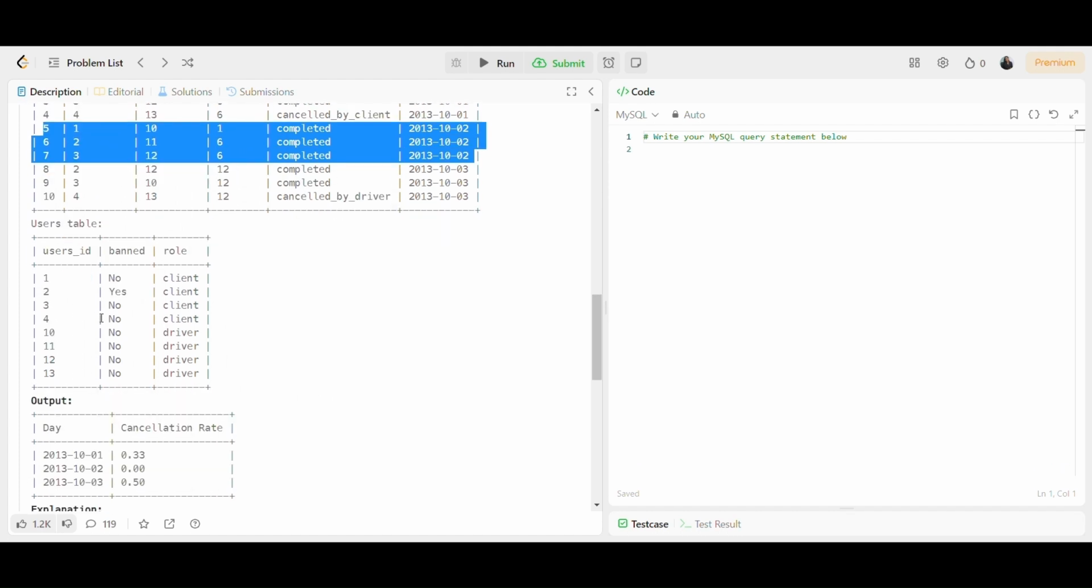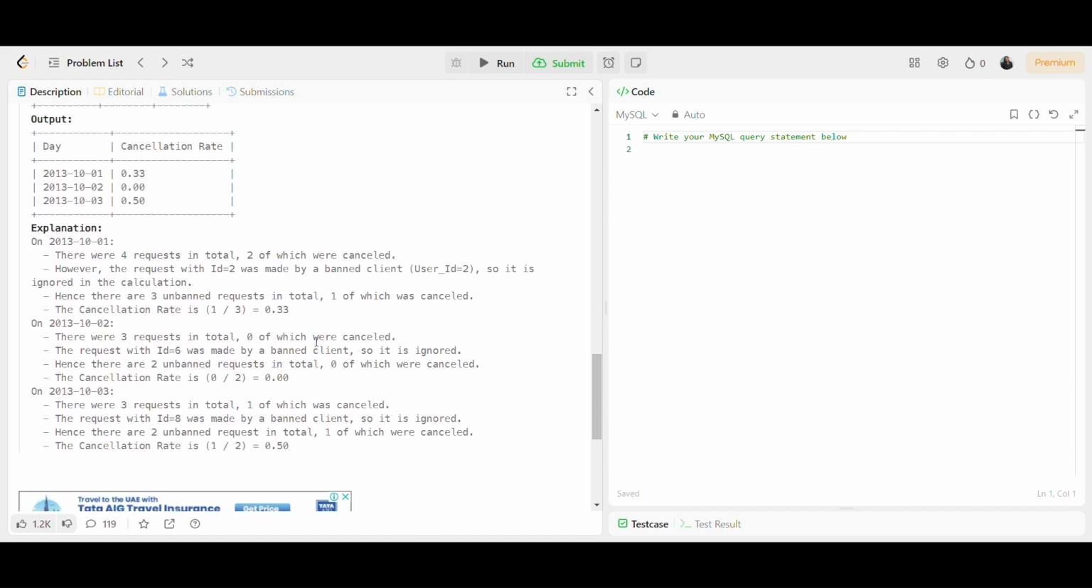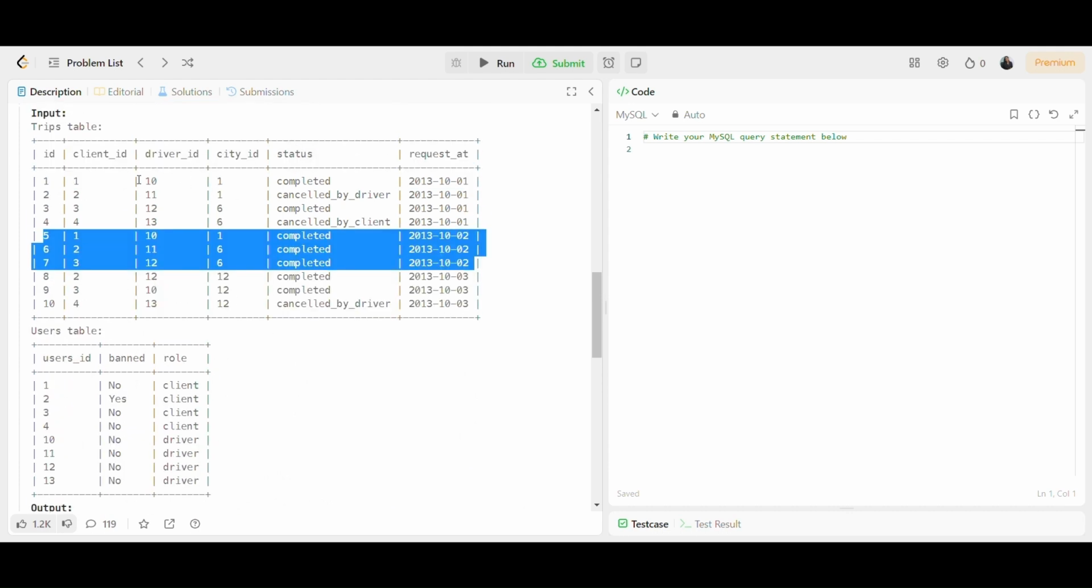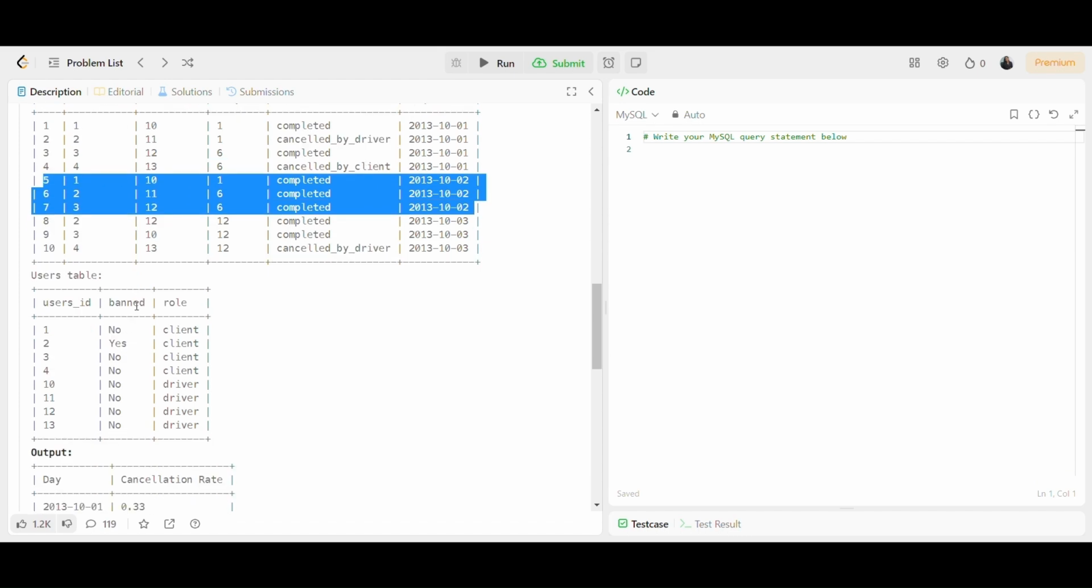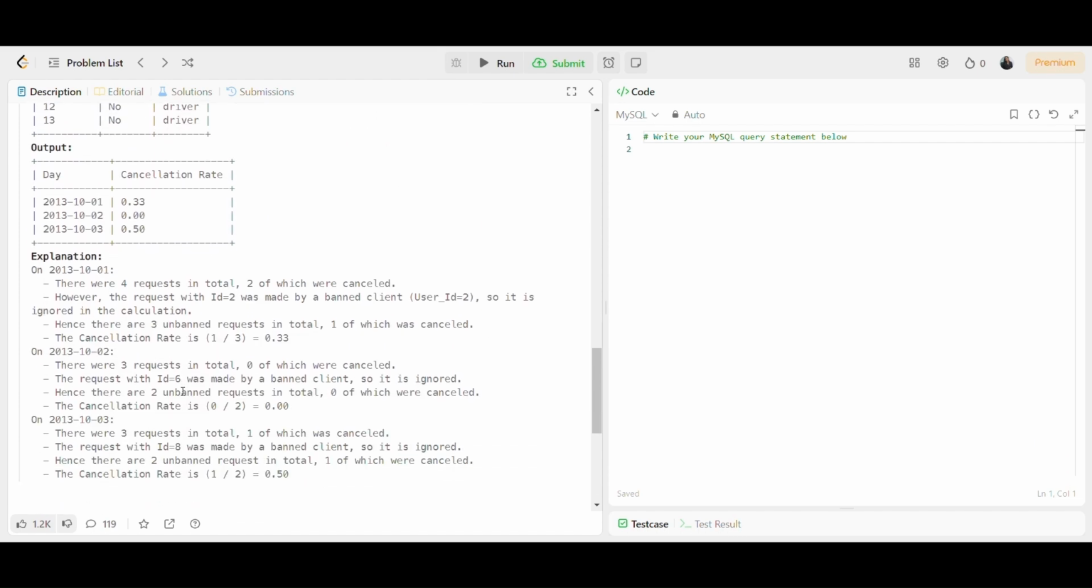Where is the ID 6? It was made banned by a client. Okay. Here the client ID of this city is being banned over here. Okay, one banned ID over here is present. So only 2 unbanned requests are there. So its calculation of cancellation rate is